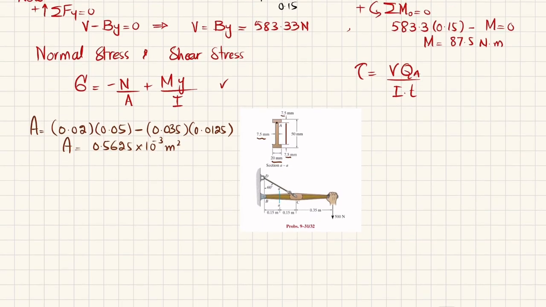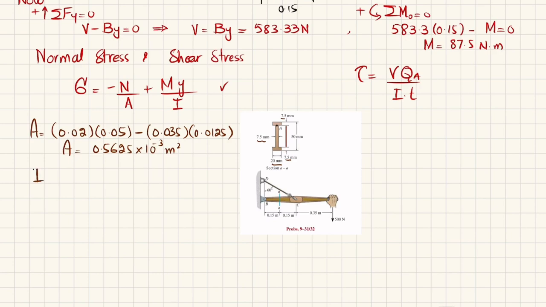Now I'll find this I, and you can find I by using the equation. I is equal to, for an I beam, you can see this is symmetrical above and below, so this will be the neutral axis or centroidal axis. So it will be equal to 1 over 12, B is 20 millimeter, which is 0.02, and the total height is 50 millimeter, which is 0.05, whole cube,